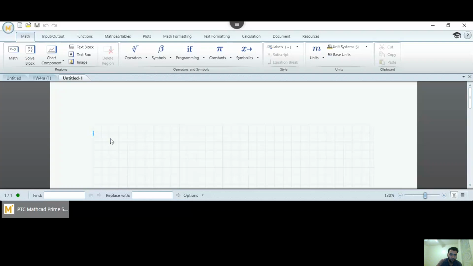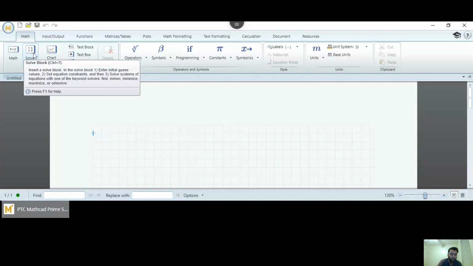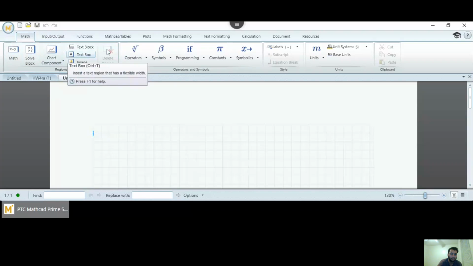So let's start here. In MathCAD, let me introduce you to the important tabs. Here we see the Math tab, and we have math x plus y, the origin tab, and also the solve block and chart block. Mostly when you use mathematics, let me use here. I'm going to suppose this is question number 1, and the question is about